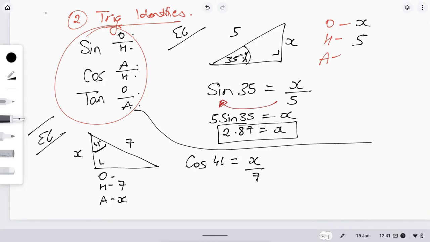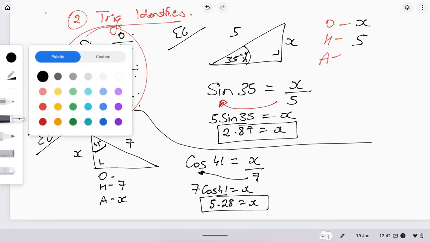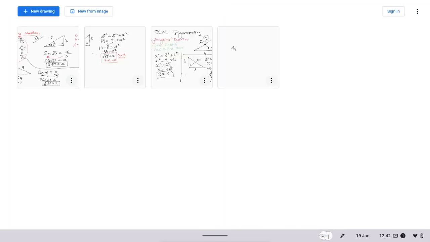Now to work out x, just bring across whatever's on the bottom, and in front. 7 cos 41 is equal to x. Type that into your calculator. Hope your calculator's not in radians, and you get 5.28. Again, that answer looks nice because it's less than 7. Now we'll show you one more. The only way I can get more difficult